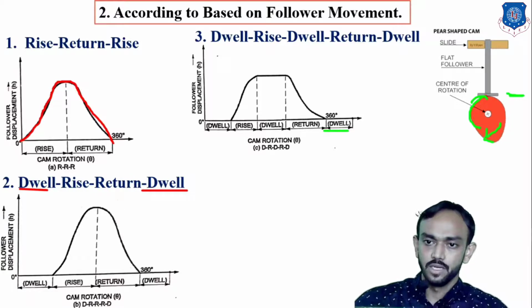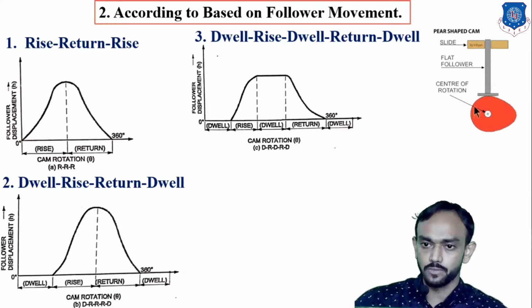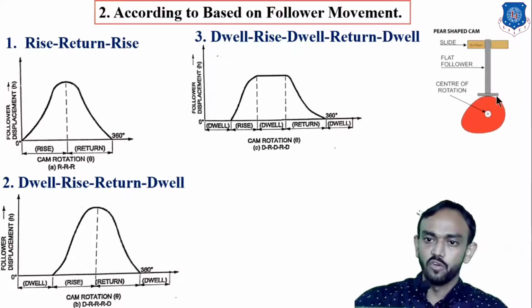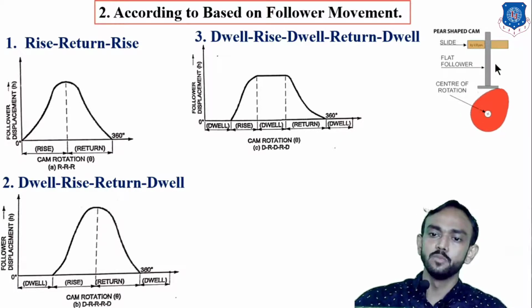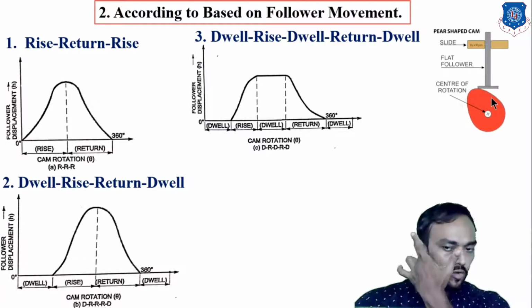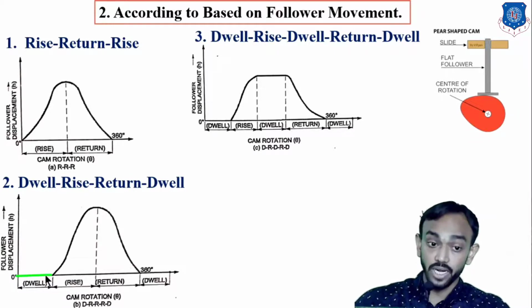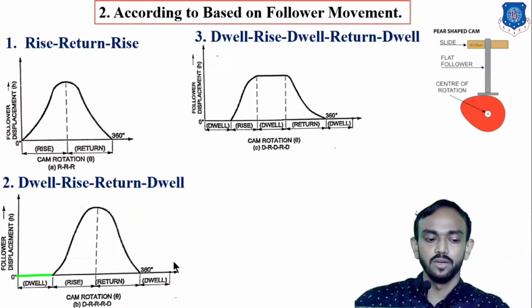So for this curve, the follower is not moving, so that's why it is known as dwell time. Check this: for this time, below this circular profile, the follower is in steady condition, after that it is moving downward, and now it is in dwell condition. Dwell means the follower is in steady condition. First of all, dwell means the follower is not moving, the cam is rotating, and the cam completes one revolution. This is the motion of the follower.